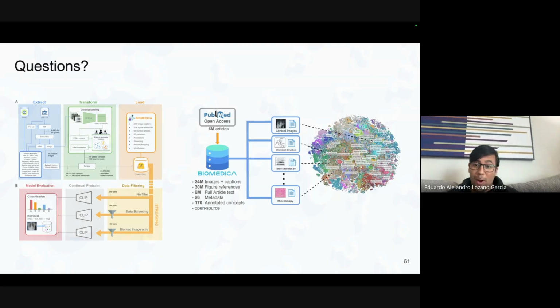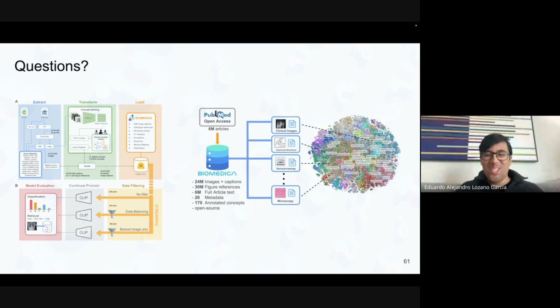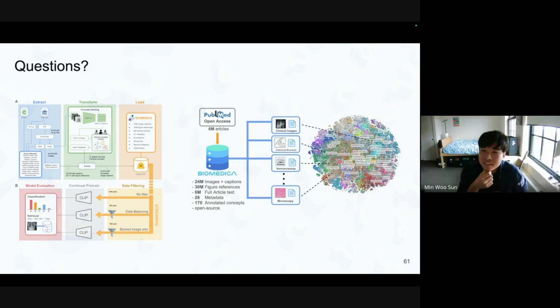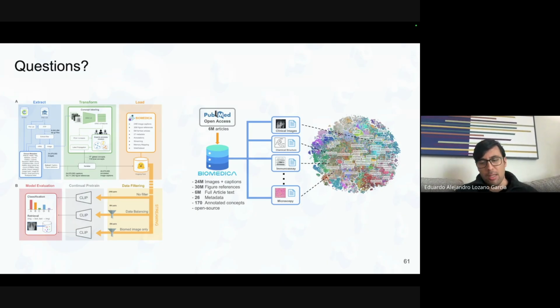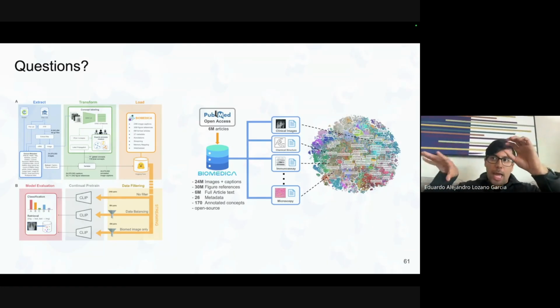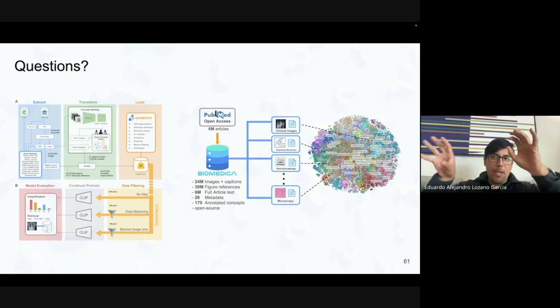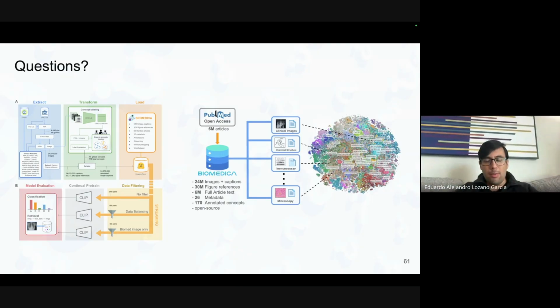And actually, people have already tackled some of those limitations. So I'm really happy that people have already leveraged Biomedica to identify those. So I'll explain some of the limitations that haven't already been addressed, and then maybe talk about other ones. The first limitation is that there are multi-panel images, and there's a caption that has information about those multi-panel images, right? So of course, for CLIP models, you'd like to have a single panel and just a subsequent caption.